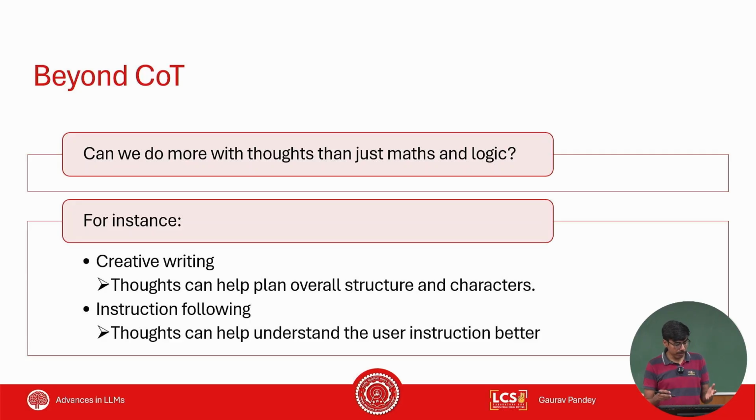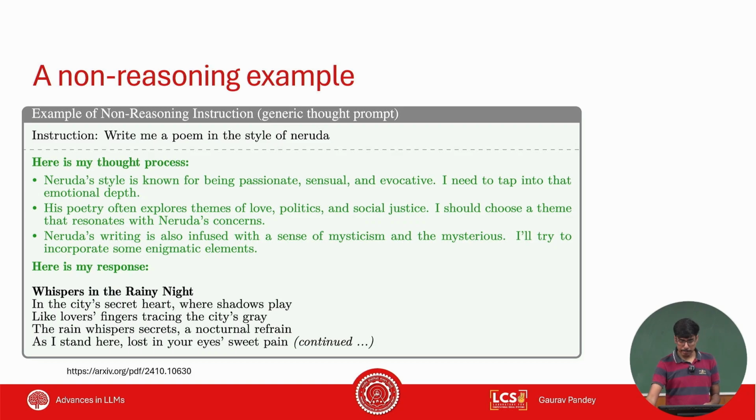In particular, can we do something for creative writing? Like if I want to write a poem, can I generate a thought first that will help me write a better poem, right? Similarly, if I am doing instruction following, can the thoughts help me understand what the user is trying to convey? So this is an example of a non-math, non-logic chain of thought. Write me a poem in the style of Neruda. So the output that this paper wanted is like this: